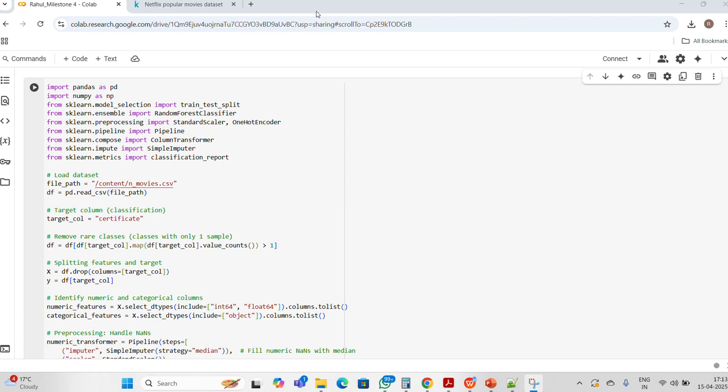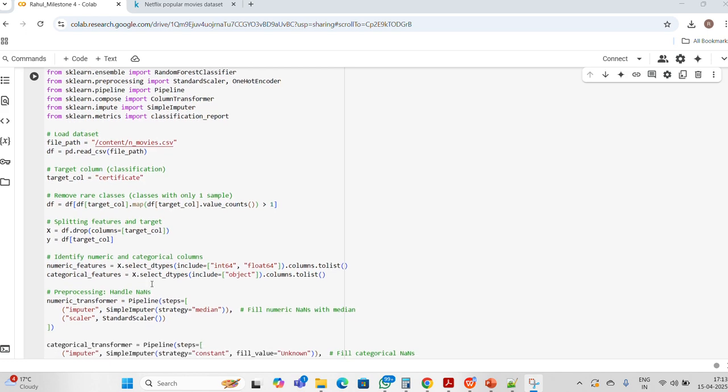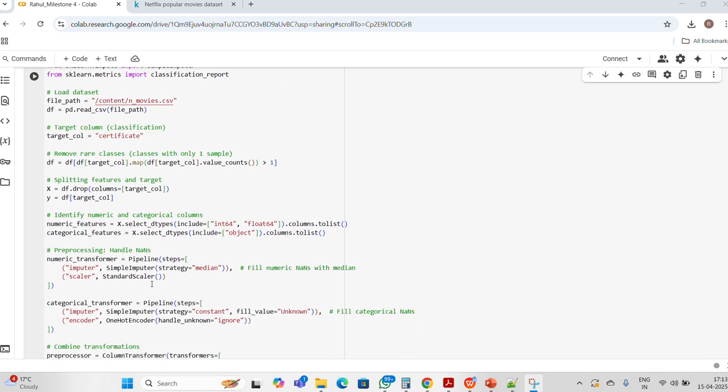So coming to the dataset overview, it includes information about a movie: the year, the duration, the IMDb rating, the number of votes given to that movie, along with the content certificate mostly. It is uploaded and we explore the structure. We can use df.head to explore this dataset overview.